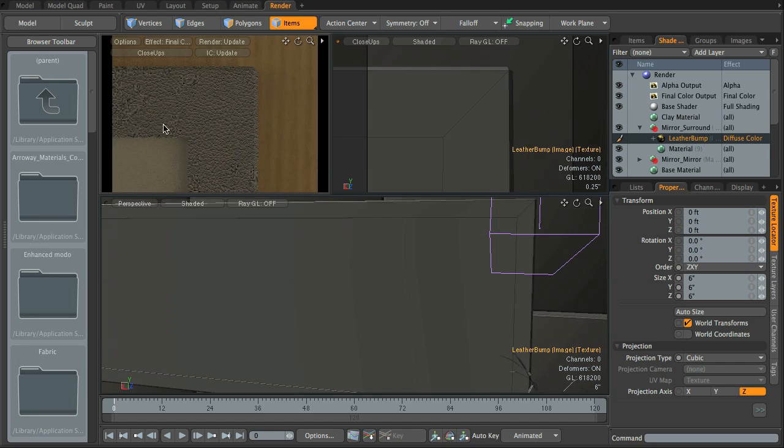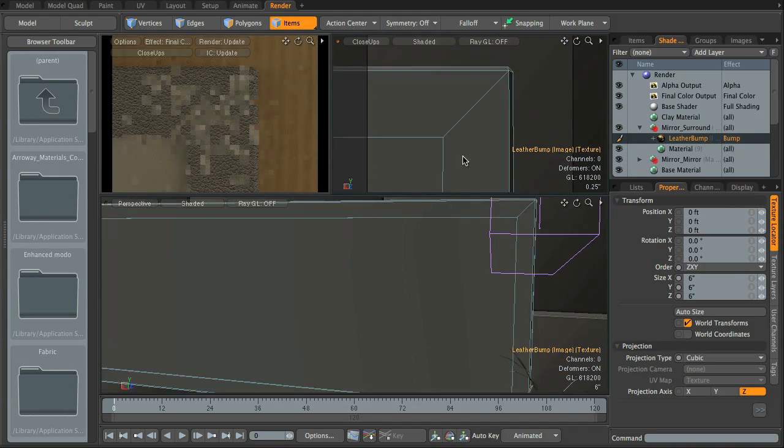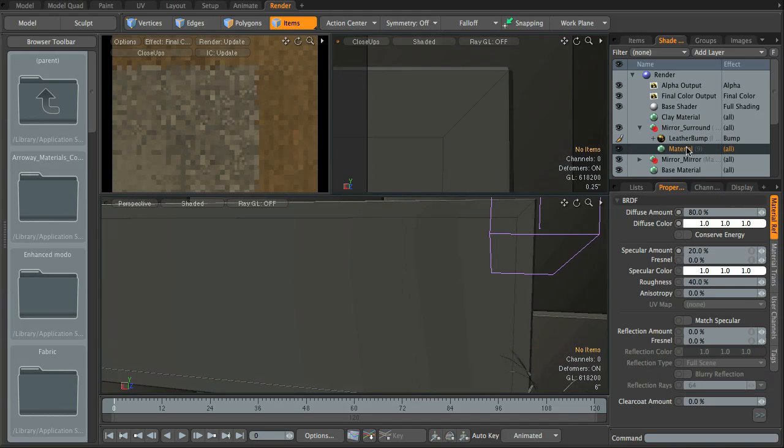Okay, so it's coming in now. You can see it's like a leather patterning. That looks about right actually for the scale, so I'll leave that like that for now. So I'm now going to change this over to bump, and now with the material itself, it's just going to